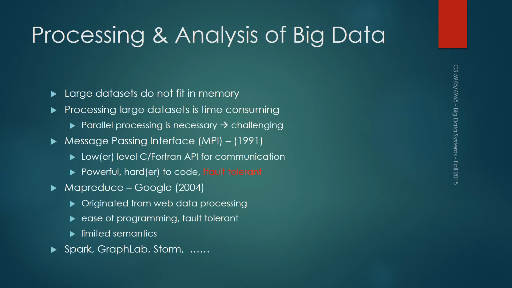So MapReduce, which was introduced by Google in 2004, originated from web data processing. Some of the earliest tasks that Google had were very simple, literally scraping metadata off large web pages, which are all distributed in a sense, and it really didn't matter. If a node goes down, it doesn't matter. Another node is going to repeat that task, and there's a lot of redundancy in the system. The goal was on ease of programming,